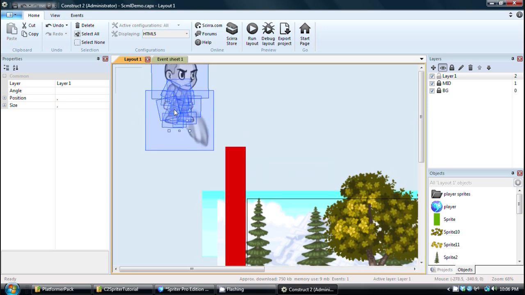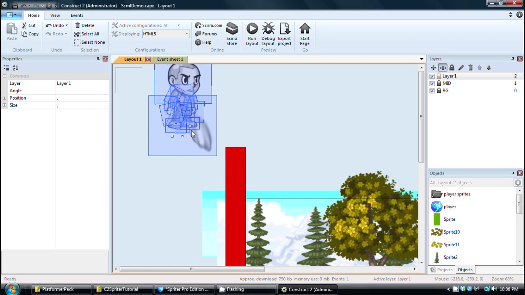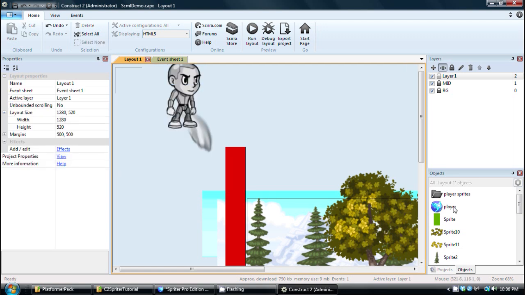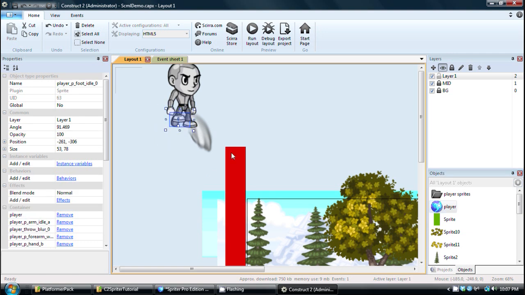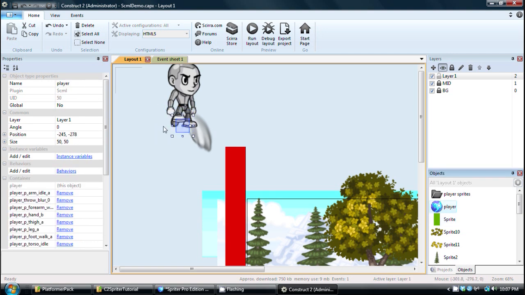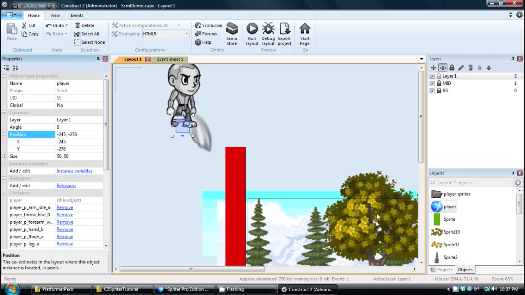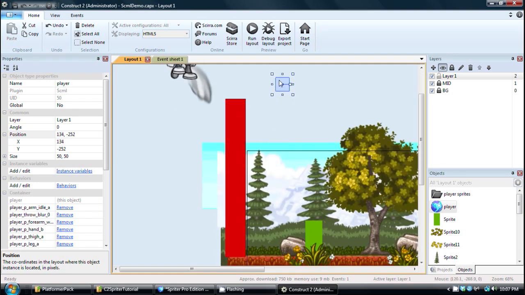Basically everything that's just appeared are all of the sprite images that are used in the Spriter file, as well as an actual, currently invisible Spriter object. And the easiest way to get that out from everything else is to manually choose it in the objects palette here, and then change its position to something drastically different, so it'll be really easy to grab and manipulate if we want to. But for now, somewhere off the screen is absolutely fine, because we're going to make an event that will always pin it